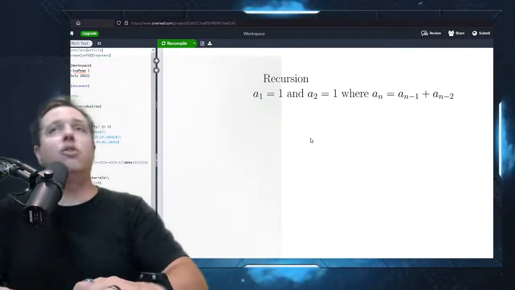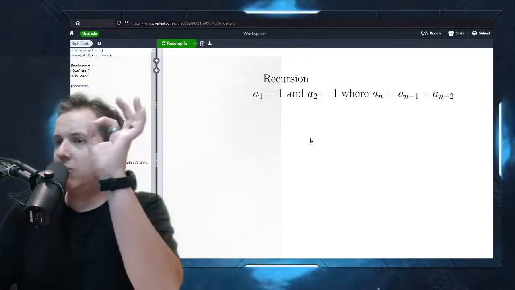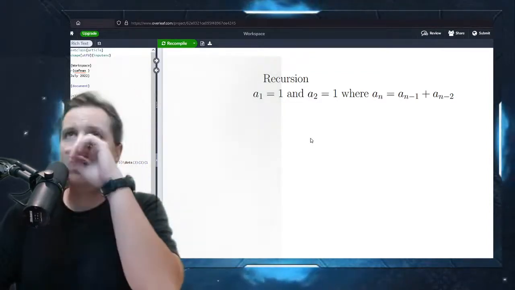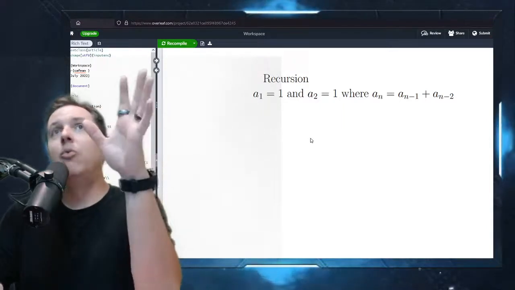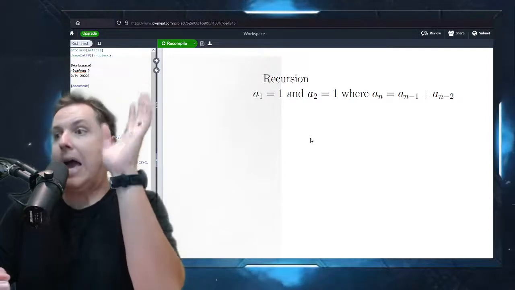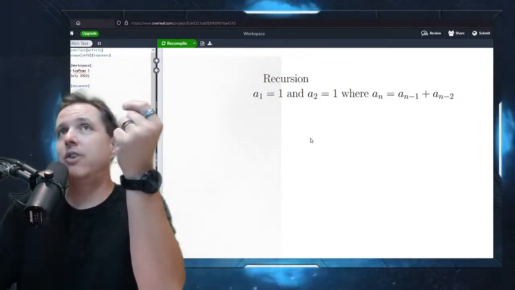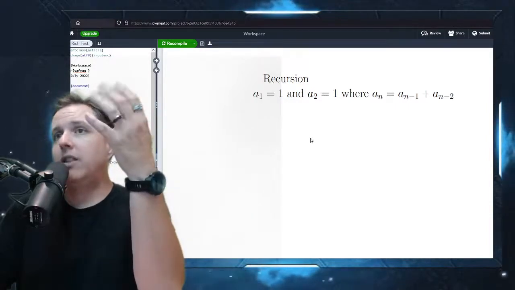So here's one way you can write the Fibonacci sequence. You may have seen this. You can actually do the same Fibonacci sequence with a couple of different starting points. But we're just trying to focus on recursion in general. We don't care too much about the actual Fibonacci, but the point is you can come up with lots of different recursive functions and then evaluate them.